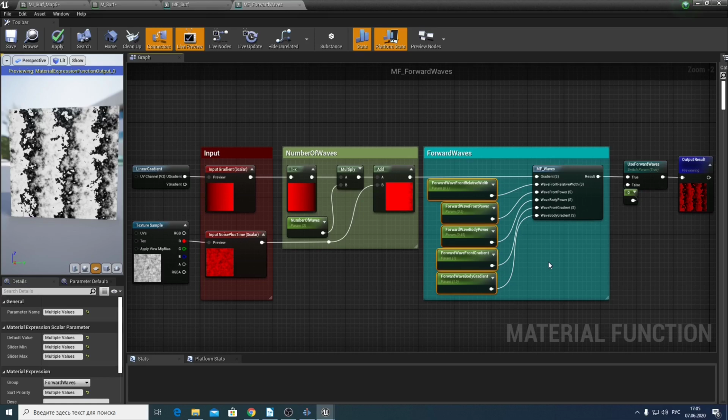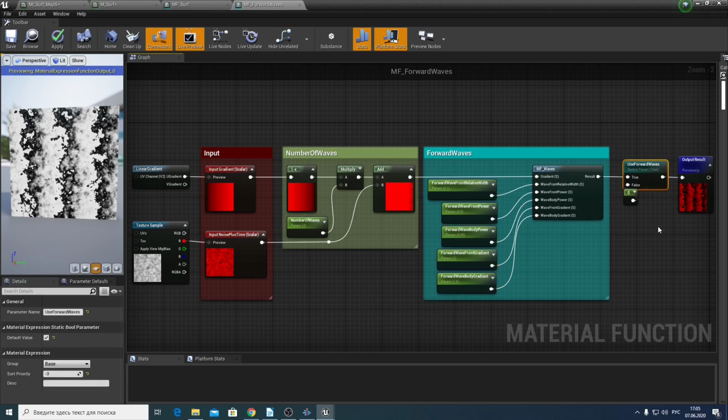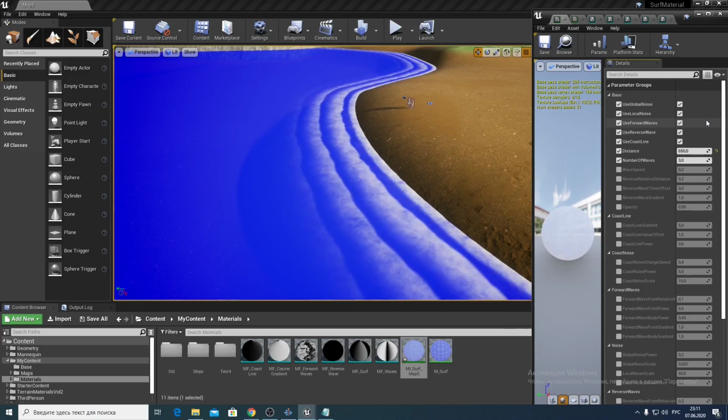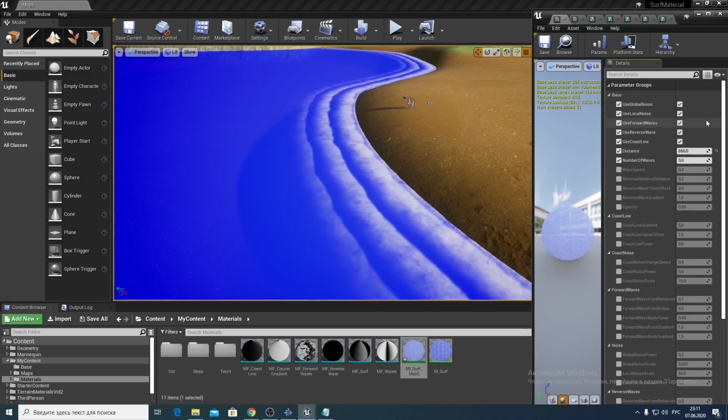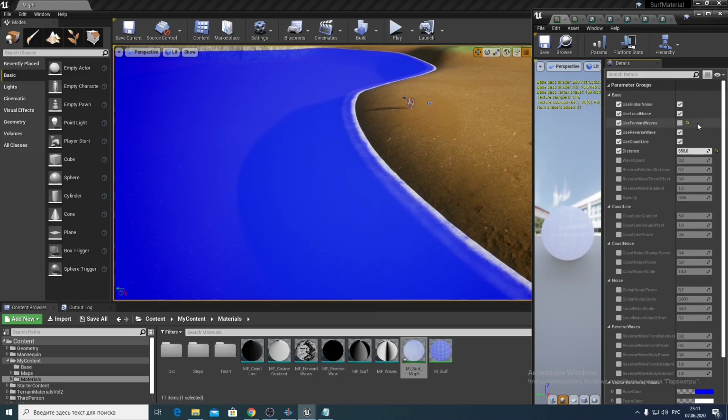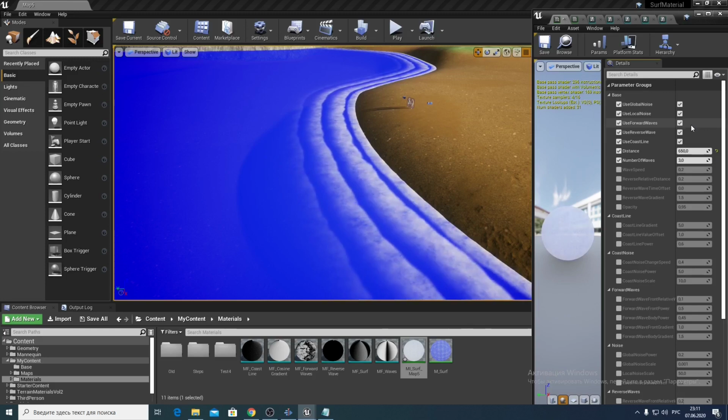The function MF waves and its input parameters will be discussed a bit later. The use forward wave switch allows us to enable and disable forward waves. Let's see how the material looks without using forward waves. And change number of waves.